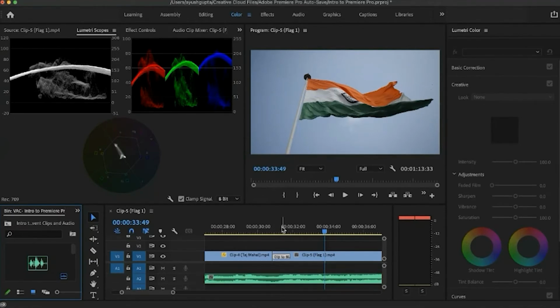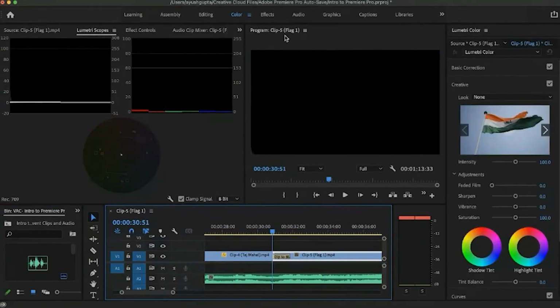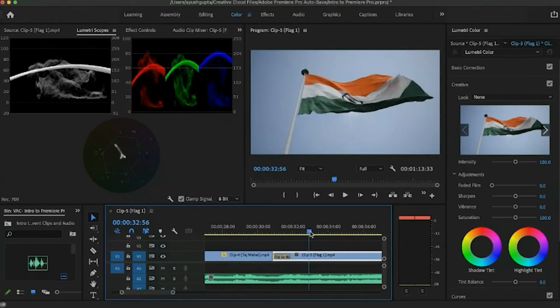That is because of color grading. So color correction is like fixing photos and videos. Like if there's grain or a bit more shadows and the video is more bright, that is color correction. And color grading is like adding specific colors, monochromizing the clip, and or giving it a retro look.